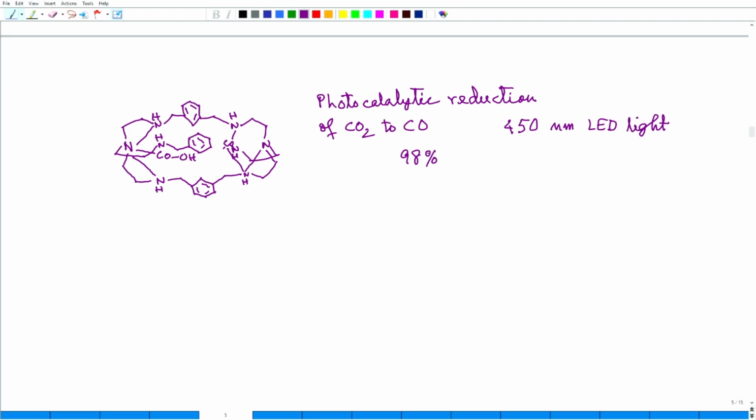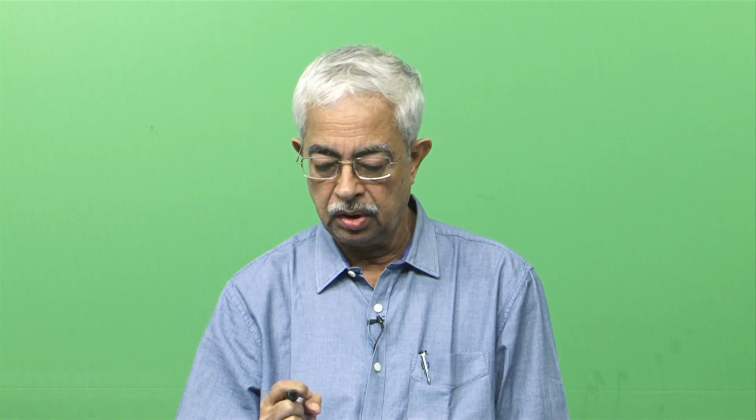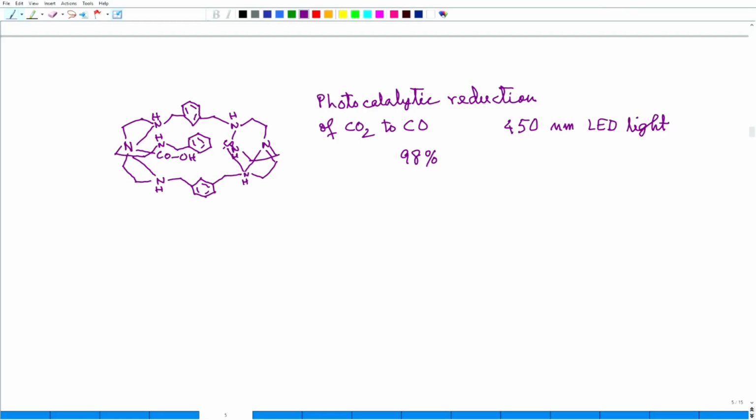You know the problem of carbon dioxide, global warming and all that. So, people are trying to react carbon dioxide to other substances, carbon monoxide, and then it will react. Carbon monoxide is more reactive than carbon dioxide. So, carbon monoxide can react with suitable reagents, and that way carbon dioxide can be removed, modified to different other